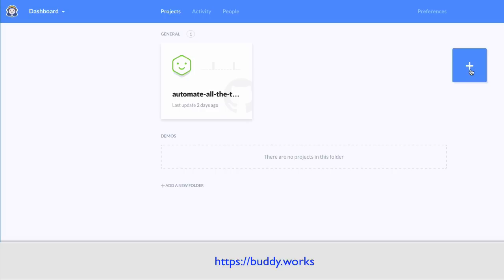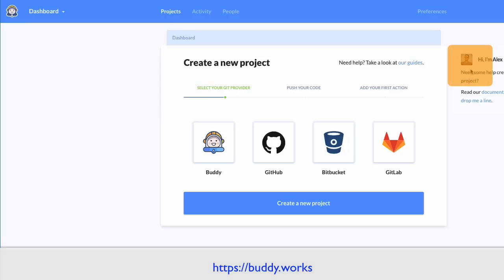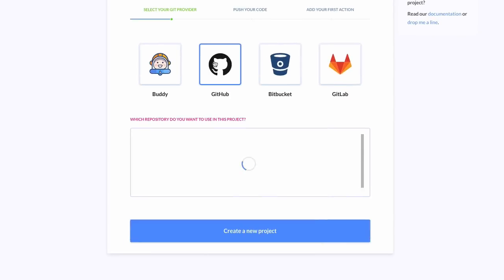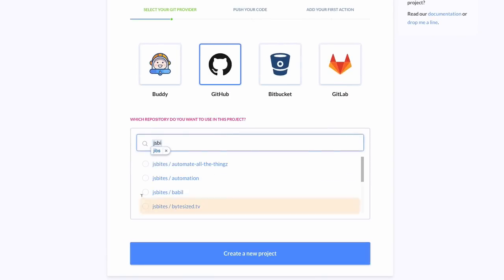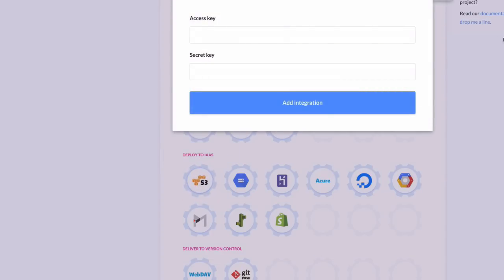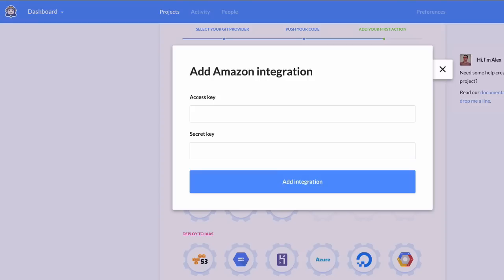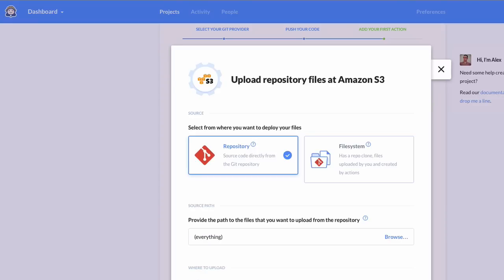For that, we'll first create a new project by tapping this icon in our Buddy workspace, and then we'll select GitHub and then pick our Byte-Sized TV repository where the source code of our website lives. Then we'll tap this Create a New Project button. And for our first action, we'll select S3 because we want to upload our files to an S3 bucket. And then we'll provide our AWS access key and secret key. After that, we'll select how to upload to Amazon. In our case, we'll be picking the repository